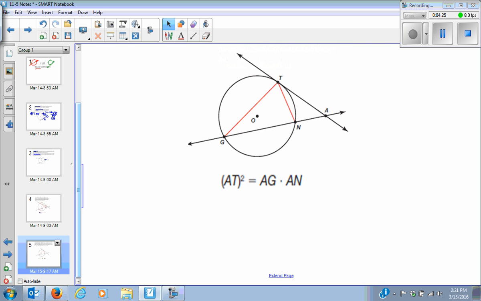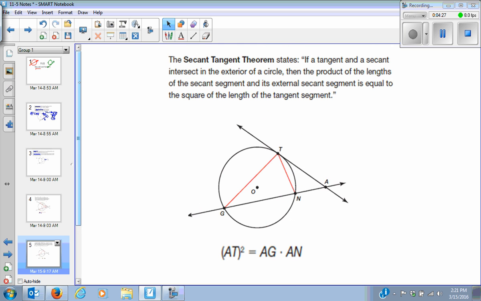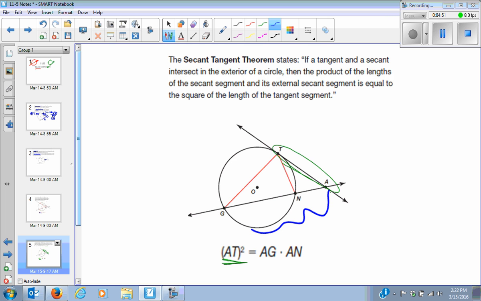And I believe this is our last thing to go over. The secant tangent theorem states if a tangent and a secant, so now we've got a tangent and a secant intersecting, then the product of the secant segment and its external is equal to the square of the length of the tangent segment. So here's what it's saying. If you have this length right here, which is AT, and you square it, it's equal to the length of this whole thing times this. And that's all the